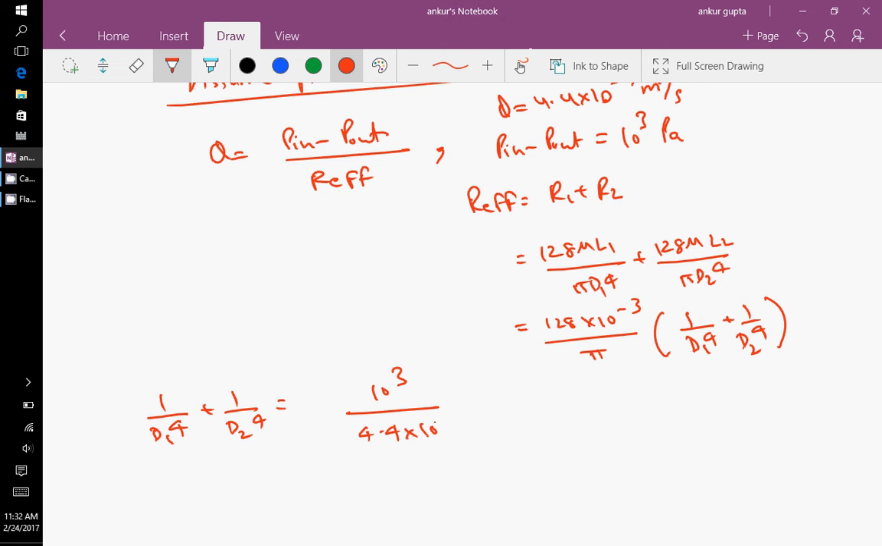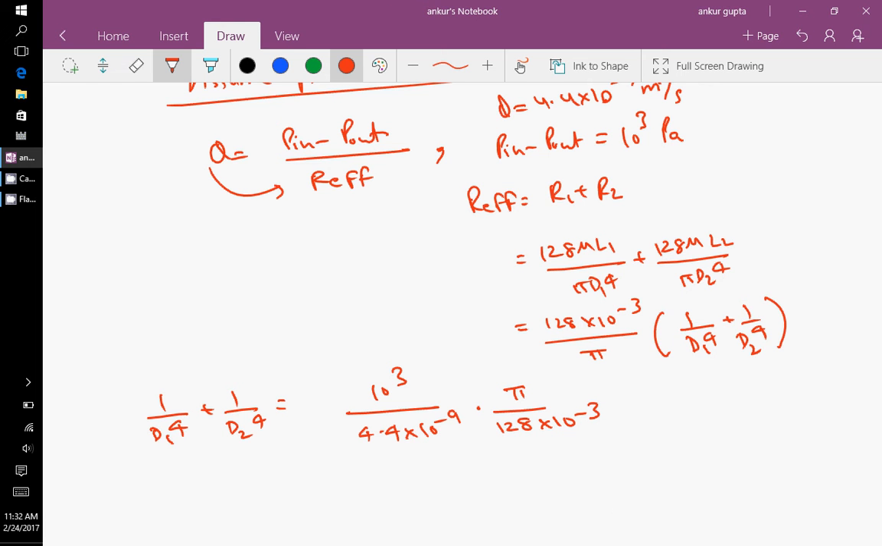So I'm taking flow rate to the other side, basically dividing, taking flow rate here and taking R effective, some part of R effective here, and then this will become pi into pi by 128 into 10 to the power minus 3. Okay, so you can check